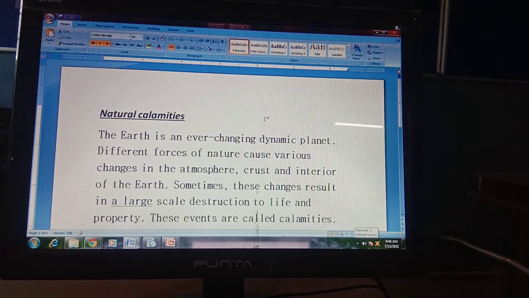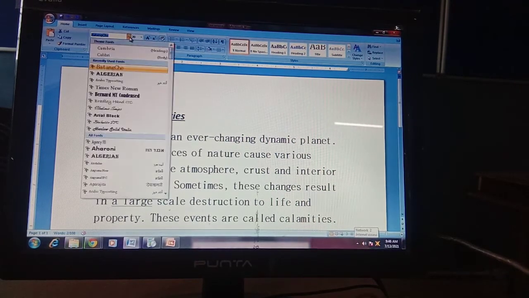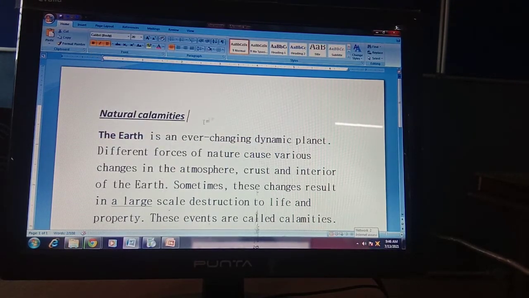Okay students, and one more thing let me tell you. Okay, this is your text. First of all, I am making it in a simple way, not italic, bold or underlined.